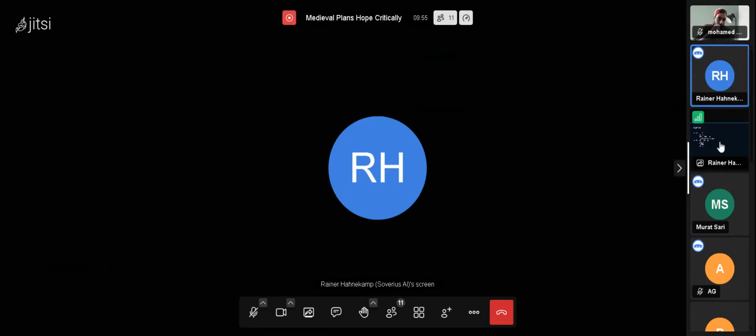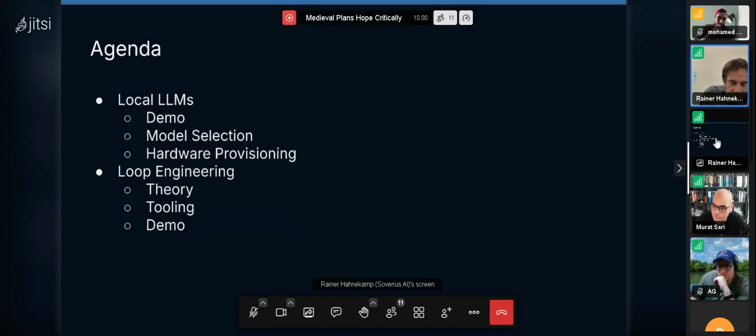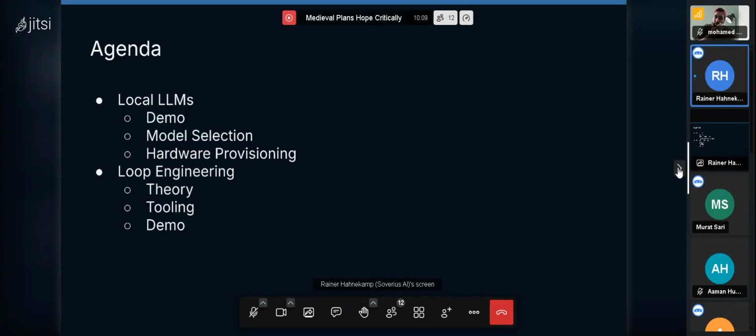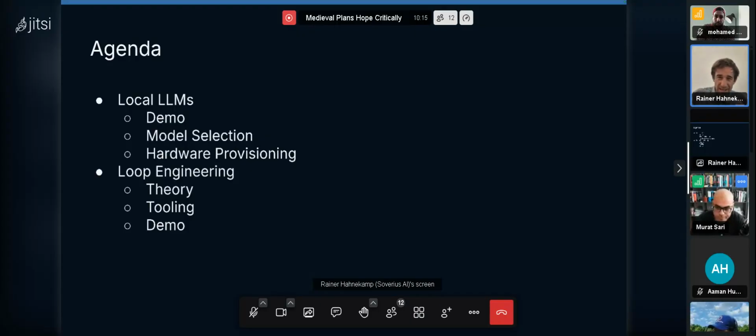What we want to do in this talk is, first of all, it also has the title Loop Engineering with Local LLMs. So the first part will be about, really, if you say you want to have a model that you want to load on your local machine and you want to use it for software development, for writing Angular applications, how does that look like? What is necessary? And I will do a quick demo, and then Murat will say a little bit about the theory, could be a little bit of a deep dive. And based on that, we are then also going to loop engineering, explain the concept behind it, and also have prepared a little demo so that you can understand what this is actually all about.